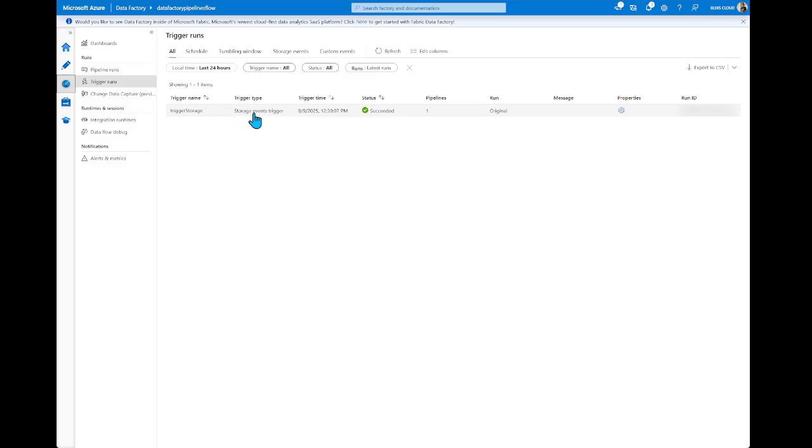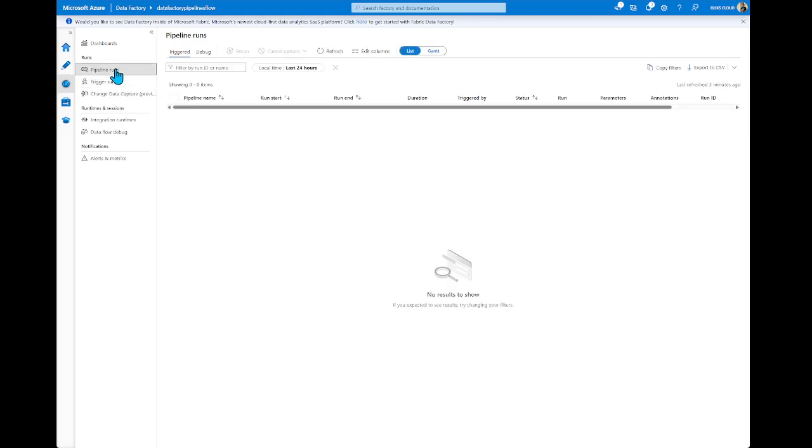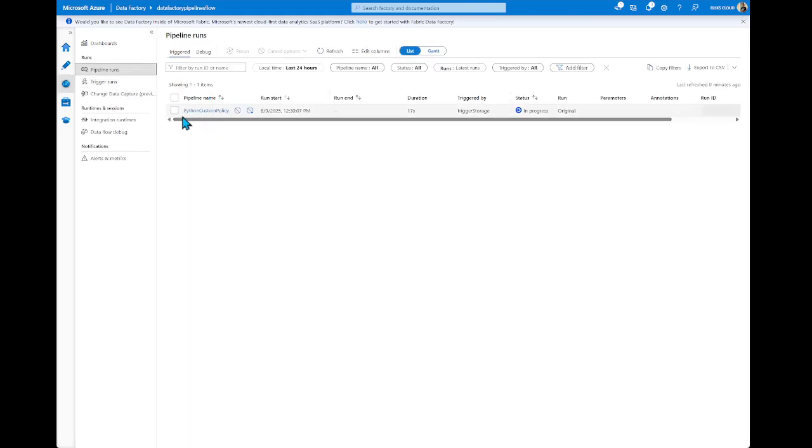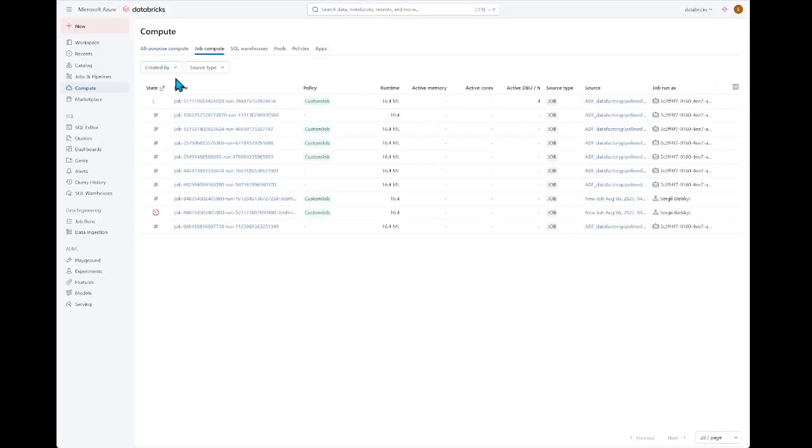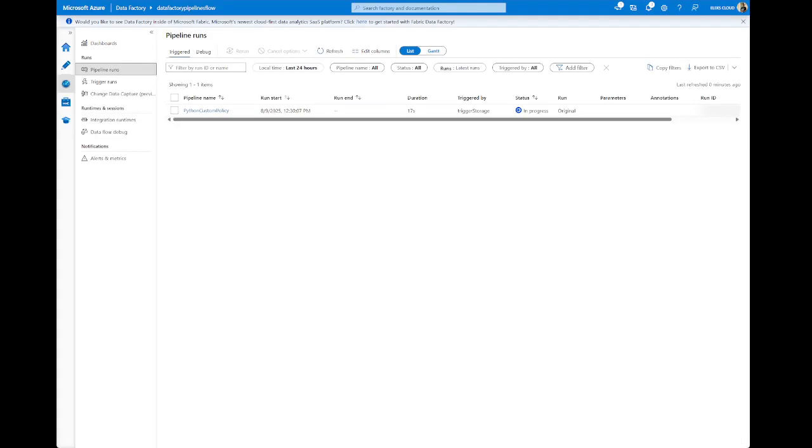You can see the trigger started, and I believe the pipeline also started. Yes, you can see the Python custom policy pipeline started. And when we go to Databricks, we see the job compute just started and processed our Python script. So it works. Probably I needed to publish these changes, and after that it started working.